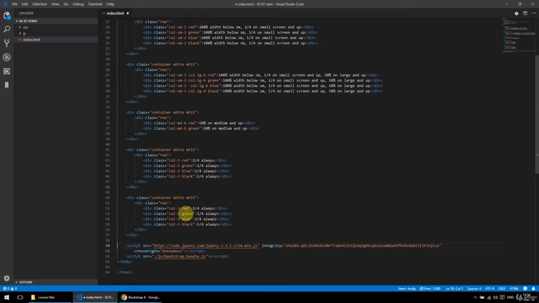So to do that, I'm gonna modify this here and say col LG6. And so on for the rest. So col LG6 here, and here, and here. So this is gonna be 50% on large and up, and I'm just gonna copy that text.